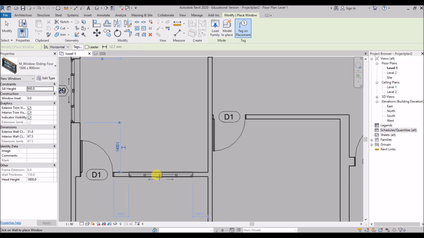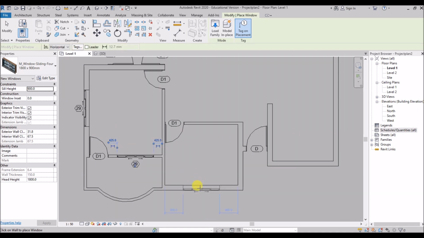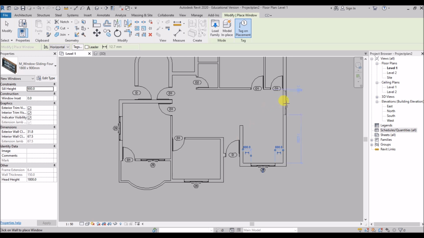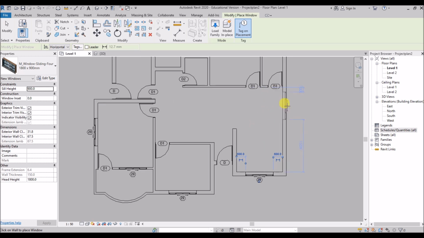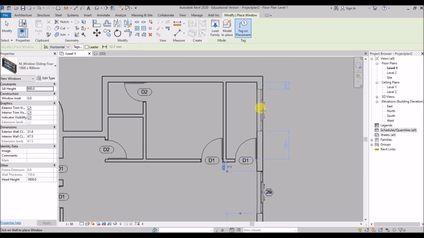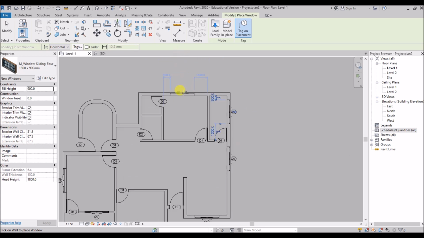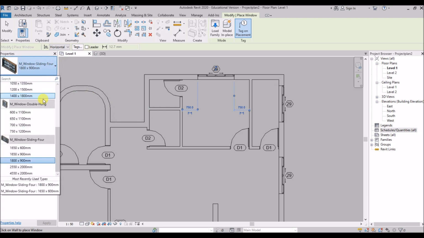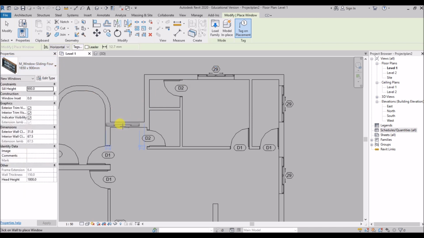Place it to all the other places as shown. Now I'll select this one and place it at this wall.